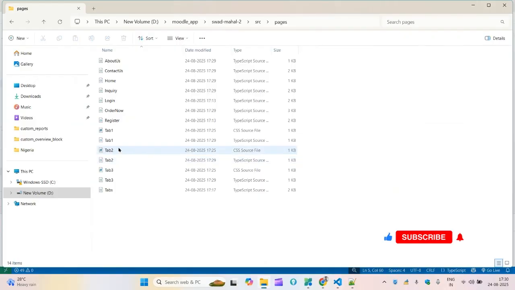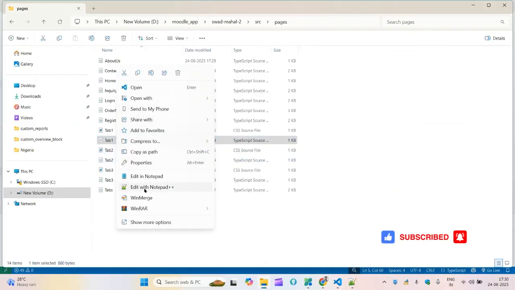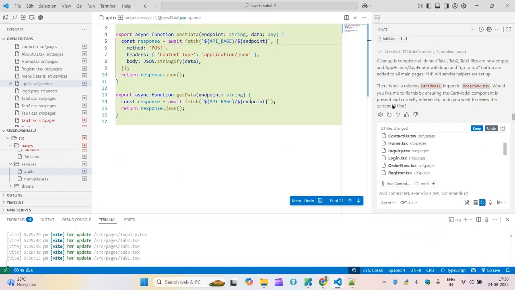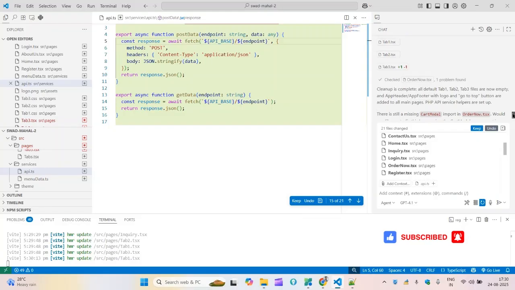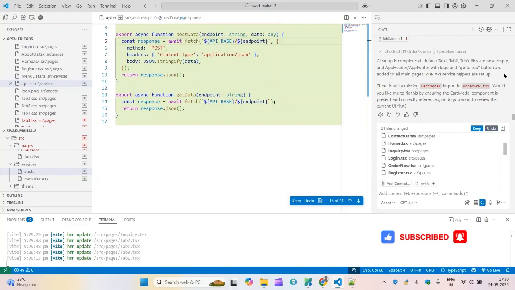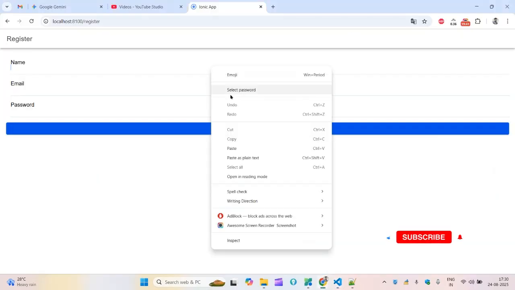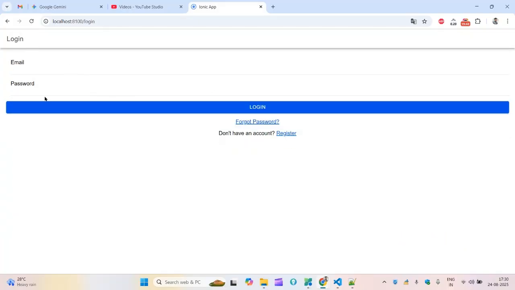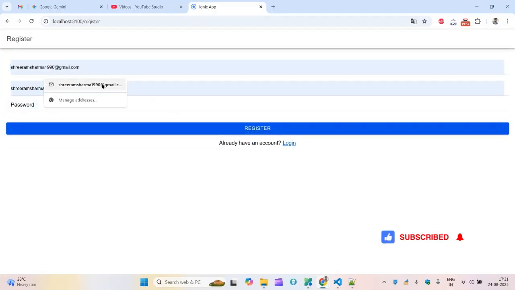Now it is empty. So if I come to open this, so not this. Yeah. Okay. So it says cleanup complete, and I see one problem: a few of these buttons are added in all main pages. Okay. So now let's refresh here and see what it changes. Yeah, nothing changes here. Maybe this